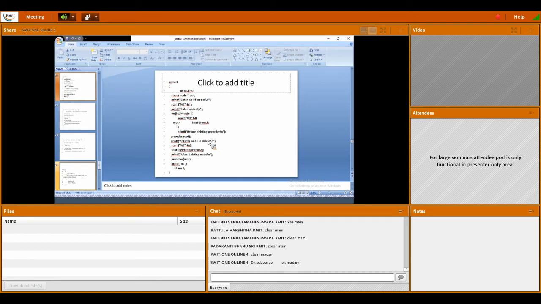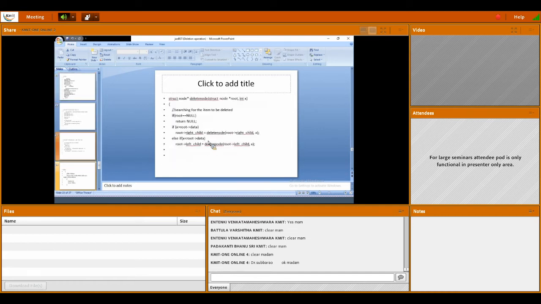Delete node is a function which I created to delete a particular node. That comprises all 3 cases. It takes the address of the root node, and S, the node which I want to delete. I will show the delete function, and after deleting, that element should not be there in my list. That is the reason I'm printing using pre-order, and that's all.